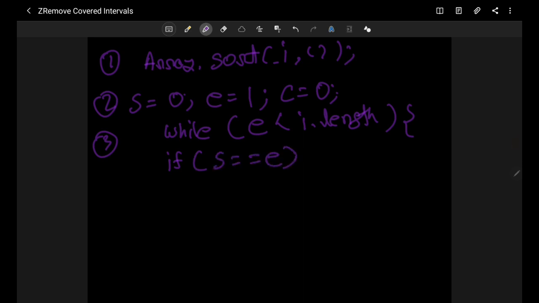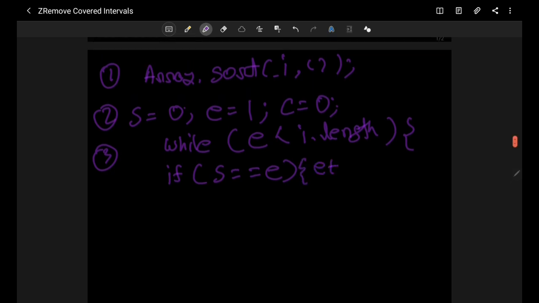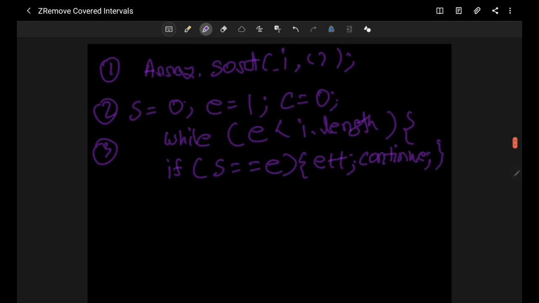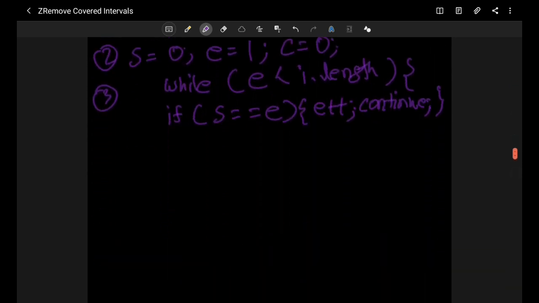If both of the two pointers are pointing to the same element, then there is no need for comparison, right? So we can increment our end pointer and continue. This will be our first condition, and if it is not pointing to the same element, then we will check the actual condition.